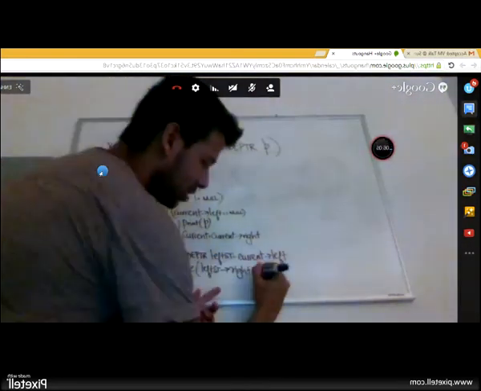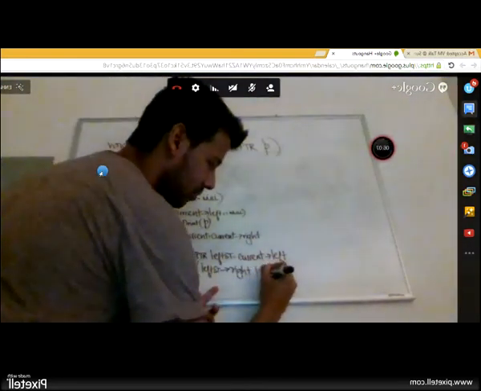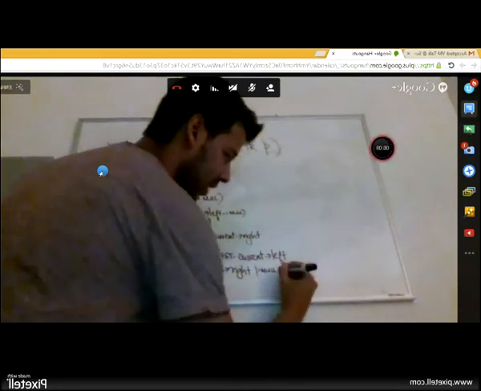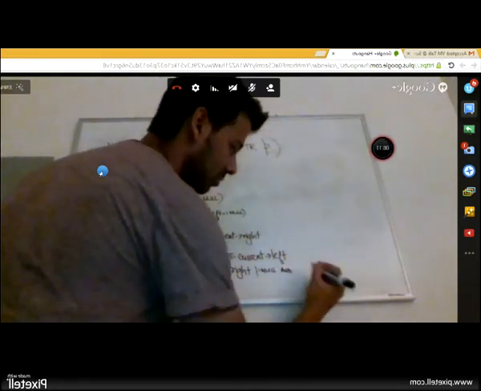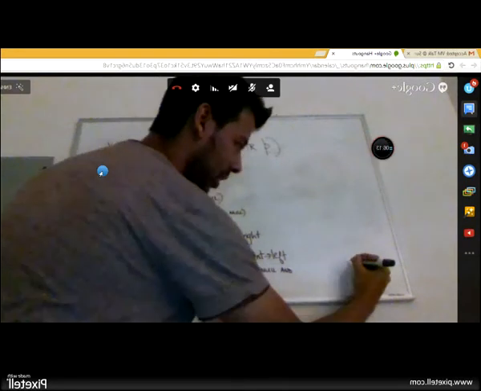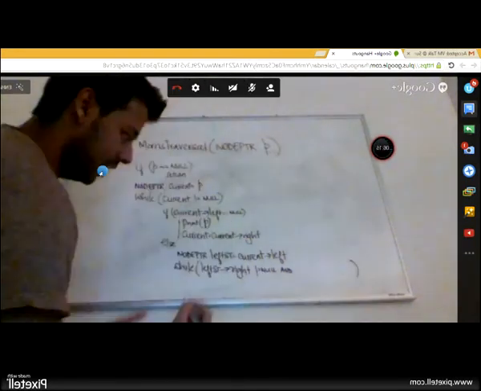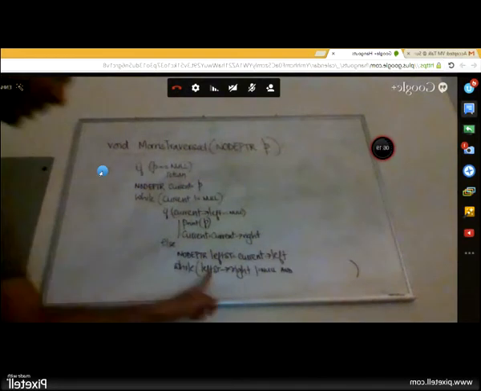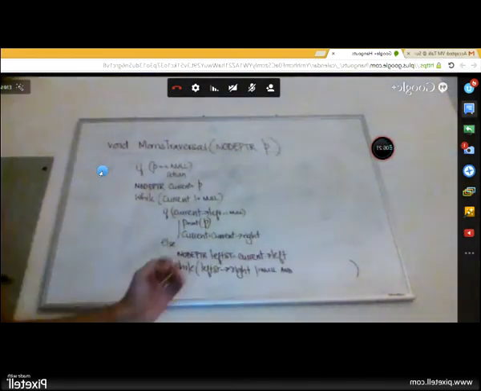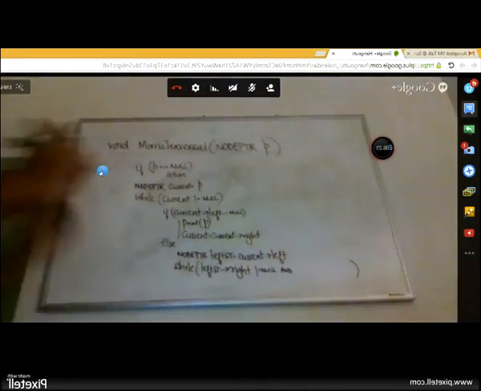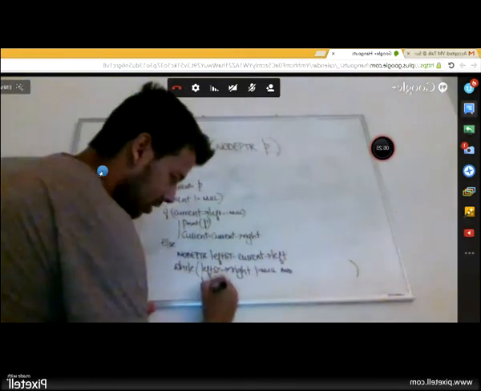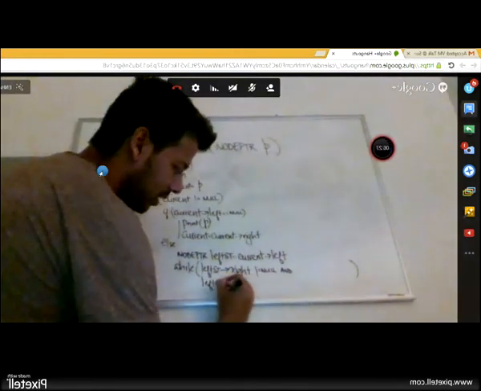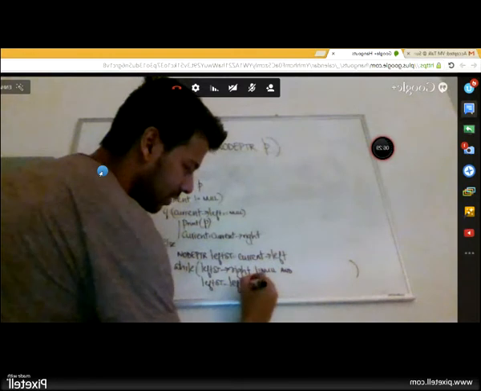So if this is not equal to null, and we'll come to this AND part and tell you why we need that condition. Let's just pretend for now this is the only thing that you have to check for. If the right node of this left subtree is not equal to null, keep going right. Left subtree equals left subtree pointing to right.